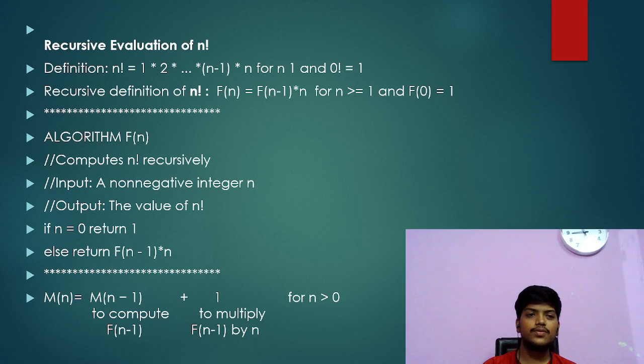So in recursive evaluation, we have some mathematical expression: f(n) = f(n-1) * n, where n is greater than or equal to 1, and f(0) = 1. The algorithm for it is: we can write M(n) = M(n-1) + 1 for all n greater than or equal to 0, to compute f(n-1) as well as f(n-1)